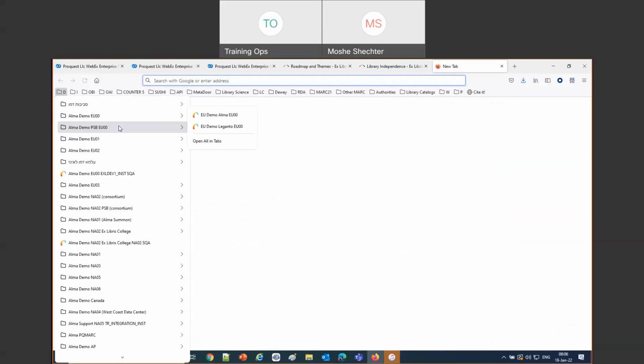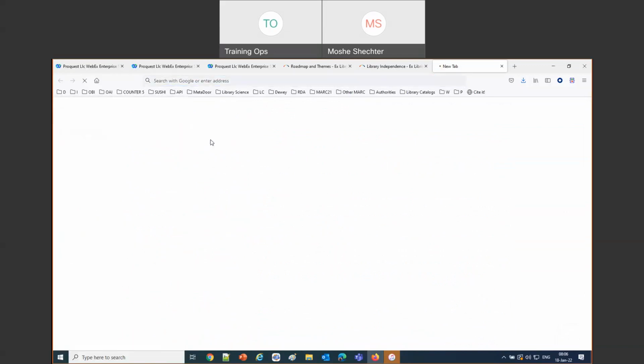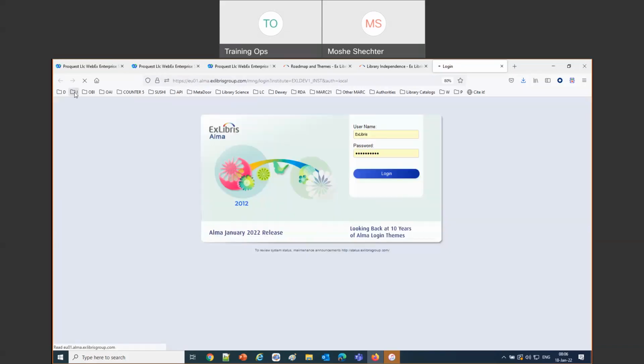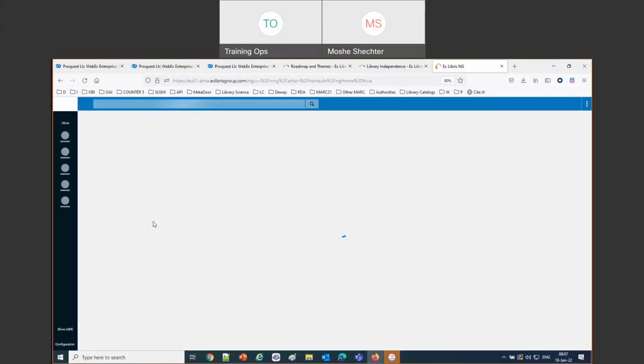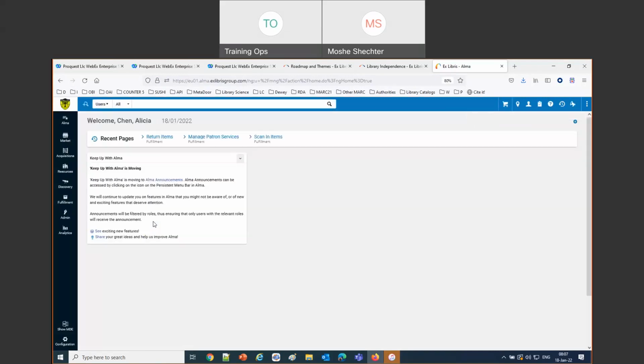So I'm going to go into a regular standard January 2022 release. I'm not in any special environment that includes any special developments. This is the regular standard January 2022 release. And the first thing we're going to talk about is the ability to have patron notification letters go out to users separated by library. In other words, if I look at two users I have here,